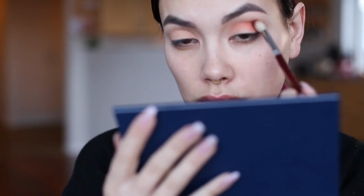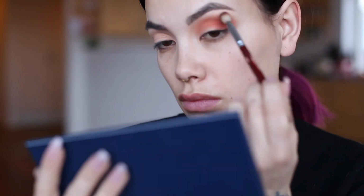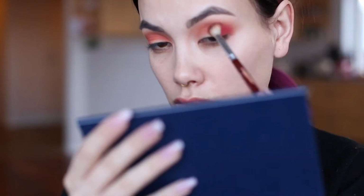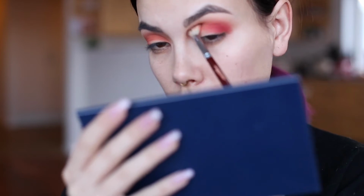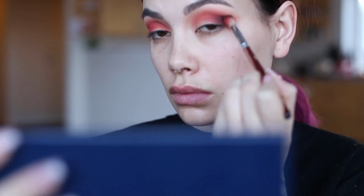I'm then using the Natasha Denona Holiday 2 palette, and I'm using this beautiful orange-red shadow to my crease and the outer V. I'm adding a brighter red also from Natasha Denona, and this is the Sunset palette, and this I'm adding to the outer V and or outer corner of the lids. And I'm also using a dark brown to the outer corners, also from the Sunset palette, which I forgot to